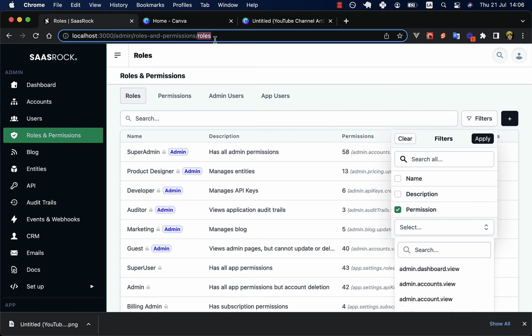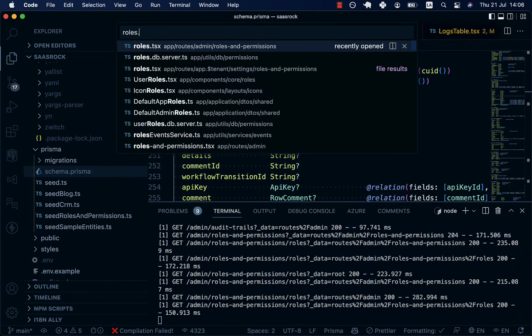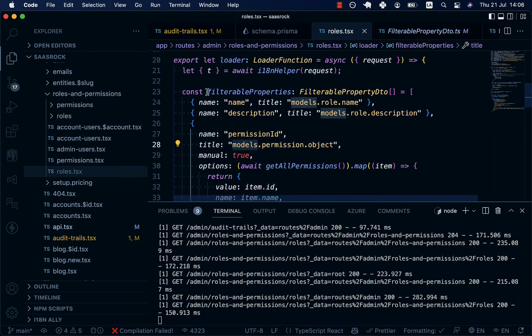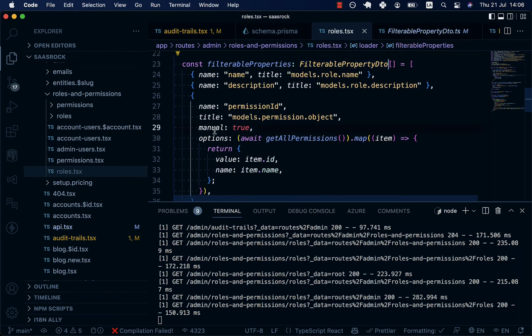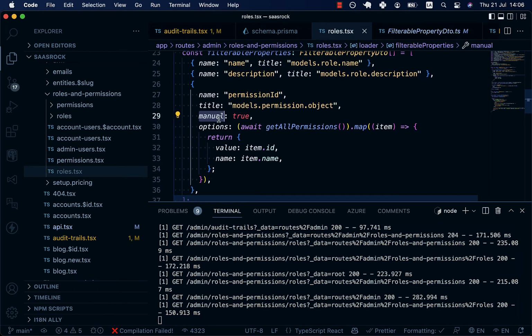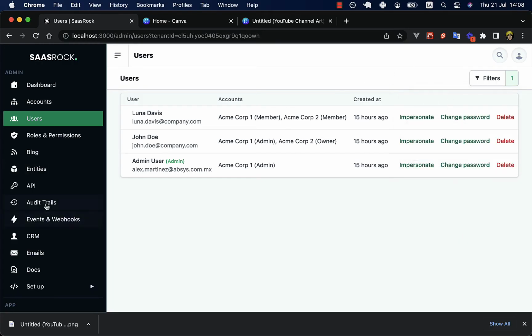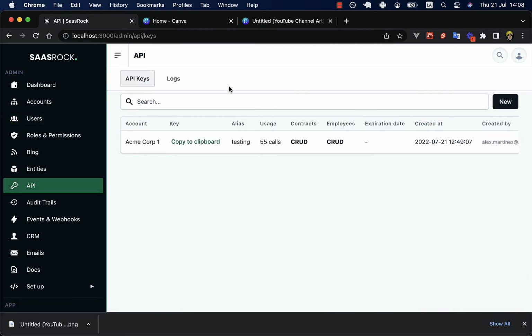Let's look at this file. Roles. As you can see, here is my filterable property where I said that it is going to be manual filtering, and we pass the options, and we're getting all the permissions and returning a value and a name. And finally,